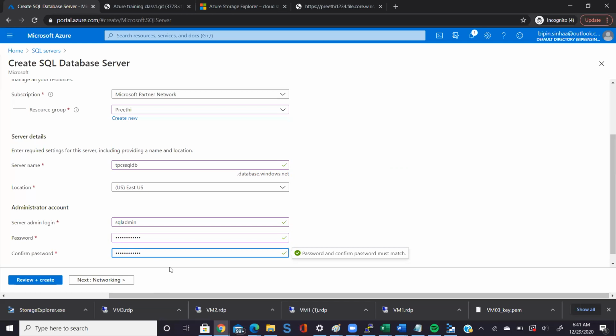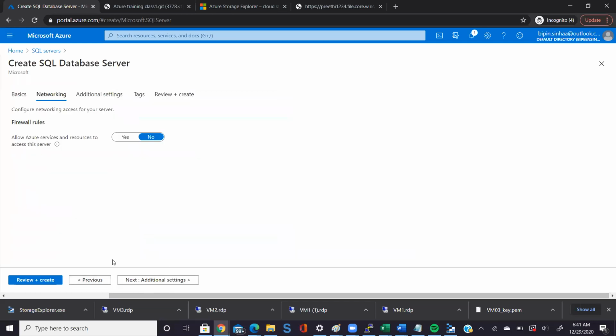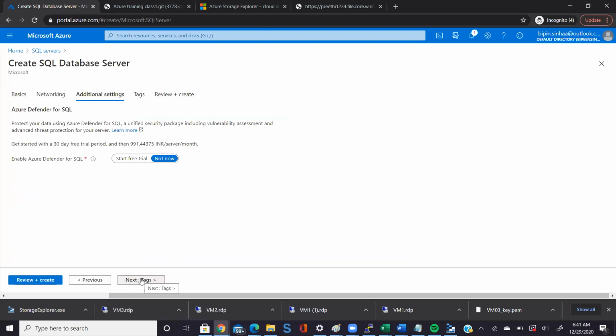Good. So networking. Currently it gives you an offer: do you want to protect your server with a firewall rule? I say that currently I do not need that. Thank you very much. So just say next, additional settings.